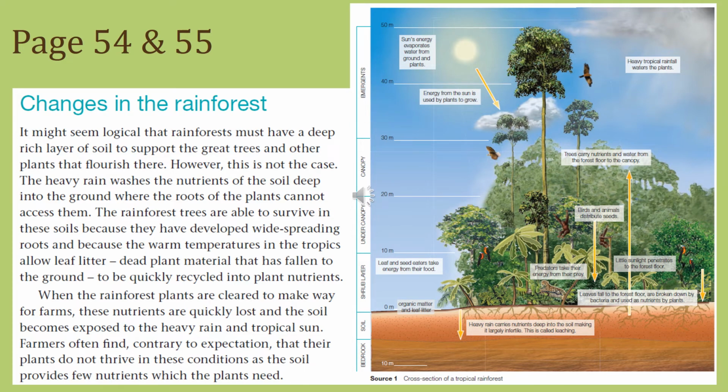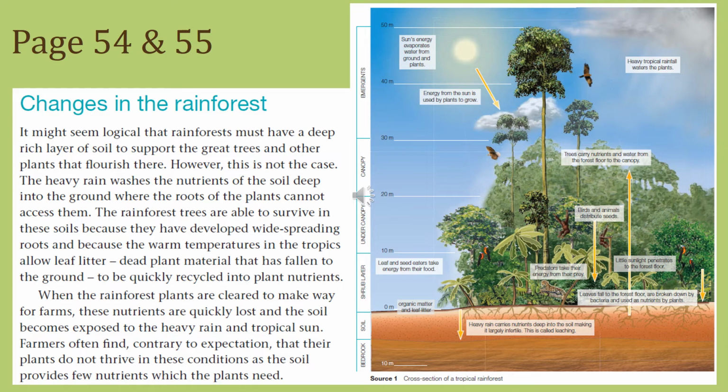It might seem logical that rainforests must have a deep, rich layer of soil to support the great trees and other plants that flourish there. However, this is not the case. The heavy rain washes the nutrients of the soil deep into the ground where the roots of the plants cannot access them. The rainforest trees are able to survive in these soils because they have developed wide-spreading roots and because